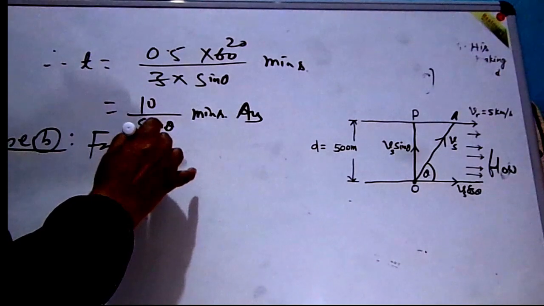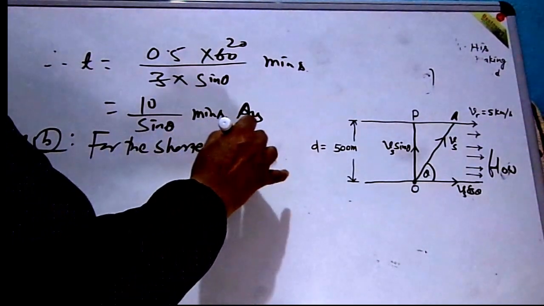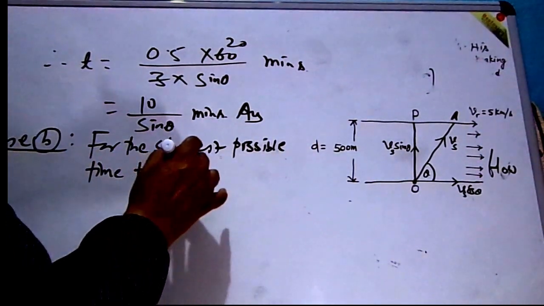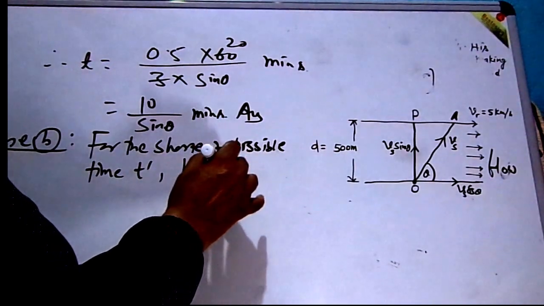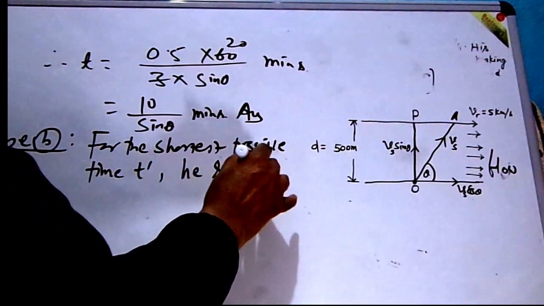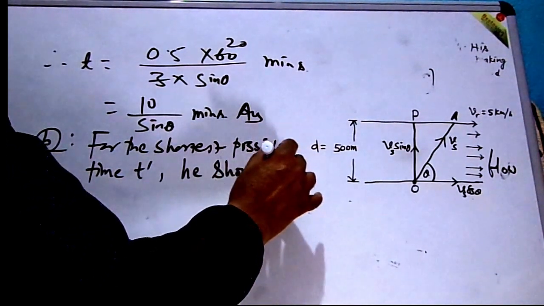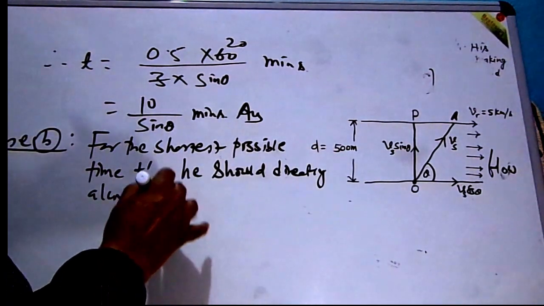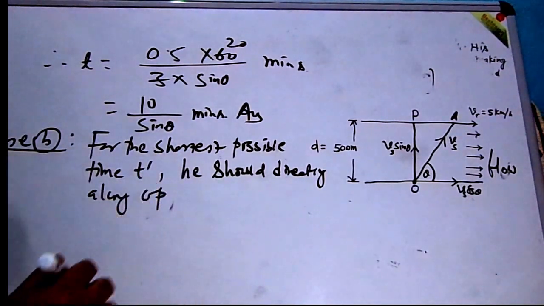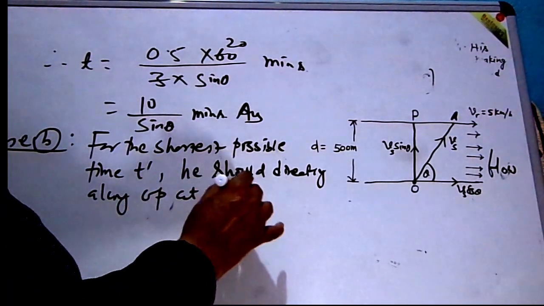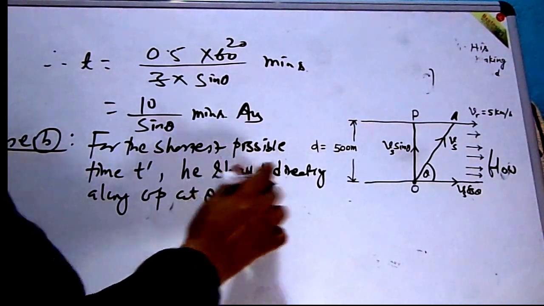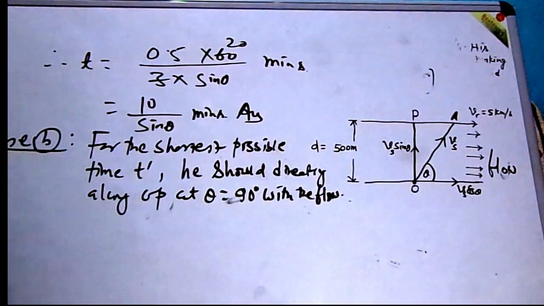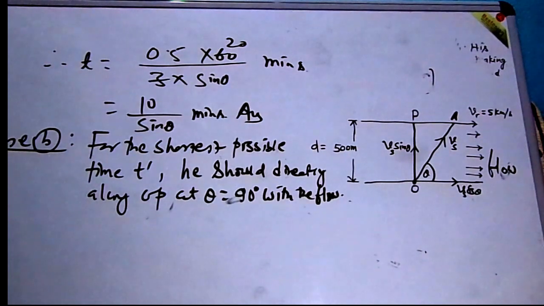For the shortest possible time t prime, he should head directly along OP at theta is equal to 90 degree with the flow है यो रिभर जुन फ्लो भइरहेको छ त्योसँग यदि थीटाको भ्यालु 90 डिग्री बनाएर डाइरेक्टली ओपी तिर